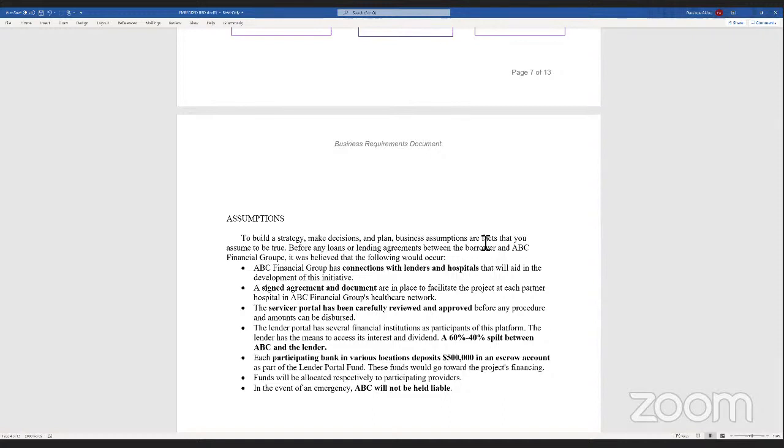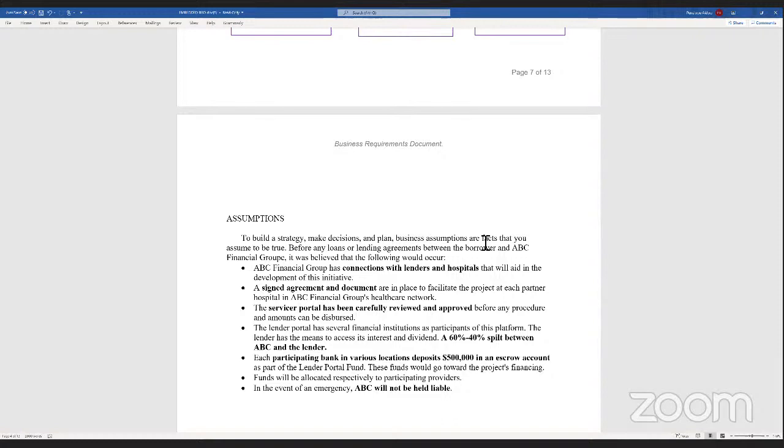must have several financial institutions as participants. So, okay, what I was trying to say here is that ABC is going to be in business with several banks or financial institutions. So there should be some kind of agreement between them. There's going to be a split of 60-40. That's between ABC and the lender in terms of interests and profits,